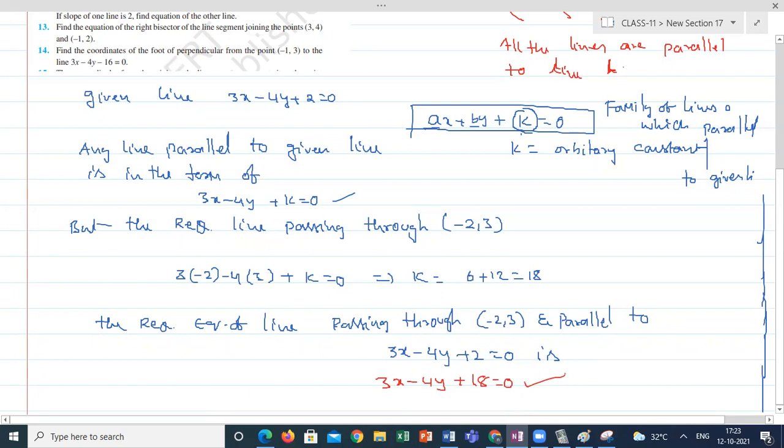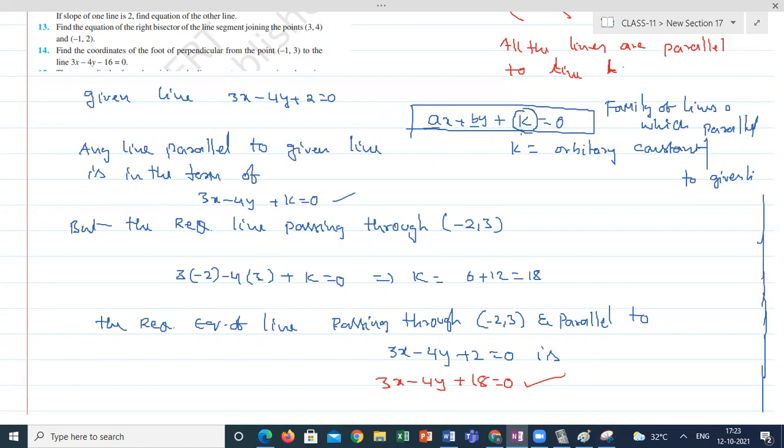So here, no need to find out the slope and no need to remember the equation of slope and point form and all. Just straight away. Why I'm explaining and writing all these things is to make a note of all the things. But while you're solving, no need to write all these things. Just in a rough paper, write without the constant, substitute the given condition, then we'll get the answer straight away. So this is one of the easiest methods with the help of algebra and calculus. About family of lines, family of curves, what is an arbitrary constant, we will discuss elaborately in calculus again. Hope you are clear what I am trying to say.